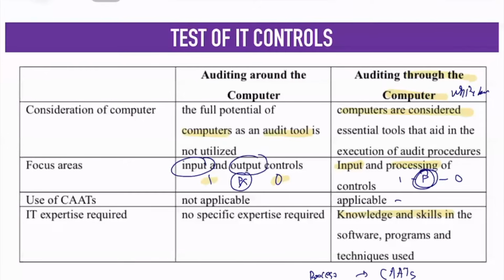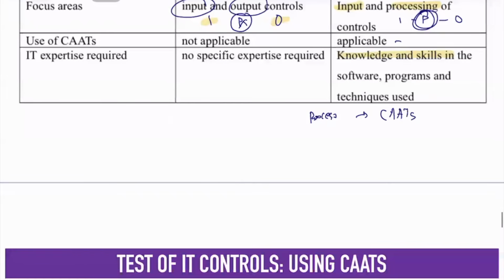So possibly you need the work of an expert. So auditing around the computer, not much of an expert. Auditing through the computer, you need an expert. No need to test the process in around. In through the computer, you need to test. Tandaan, black box dito. Bakit black box? Wala kang nakikitang process. Hindi mo tinitignan. Wala kang pakialam. Kung may pakialam ka na sa process, we call it white box. It's clear. You are checking it. So here, you need an expertise.